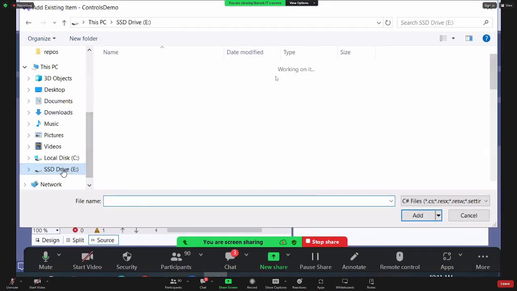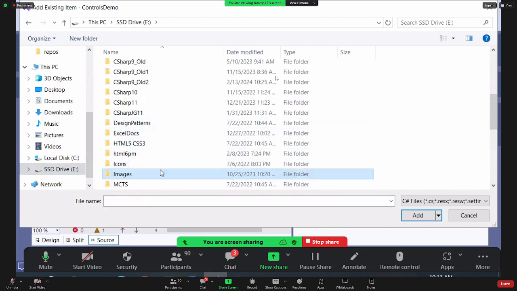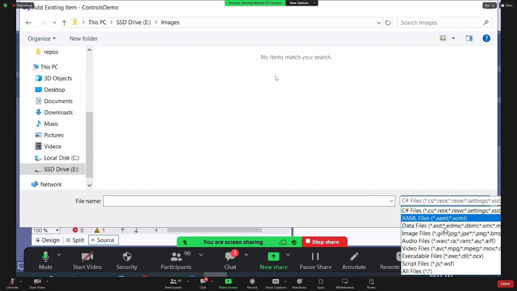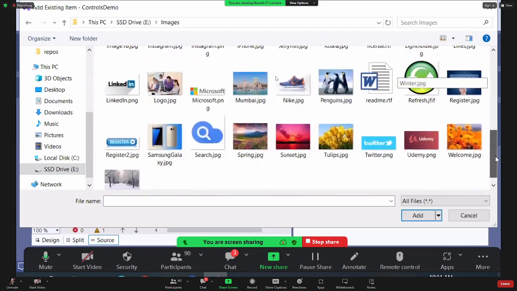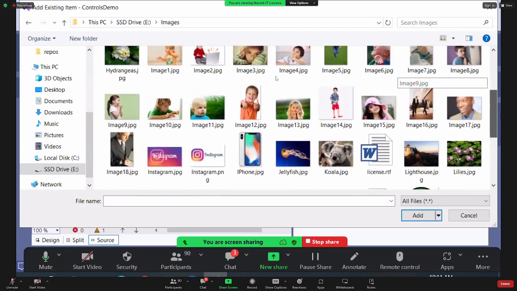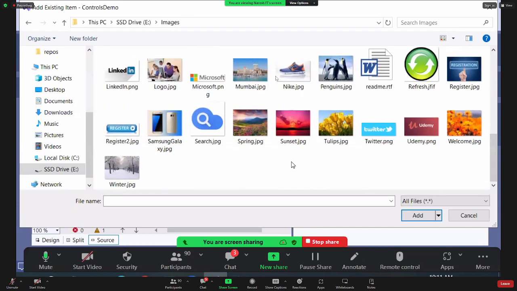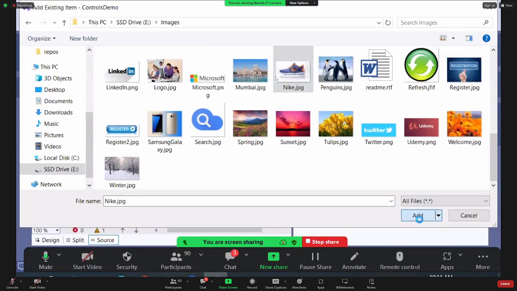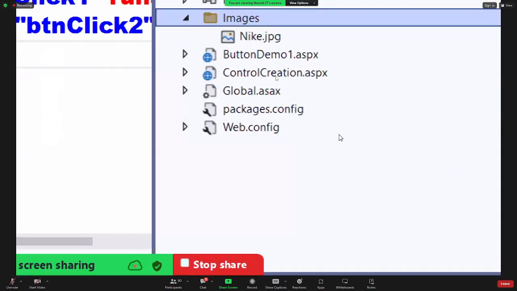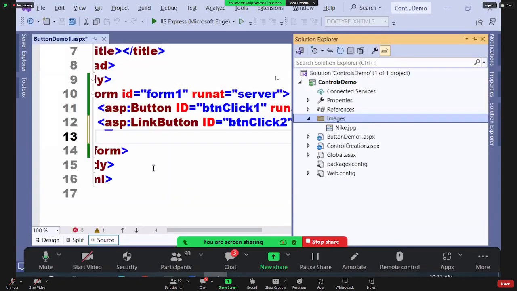Now on my computer, I have a folder called images, and I have lots of different images in this folder. I want to use an image here. Is it clear? I want to use this image. Okay, Nike.jpg. Add. See that. Is it clear or not? Now let me add an